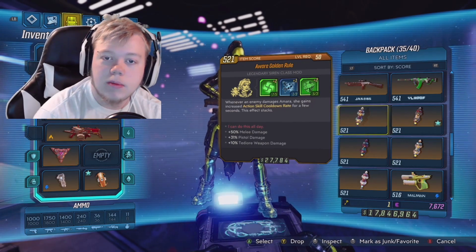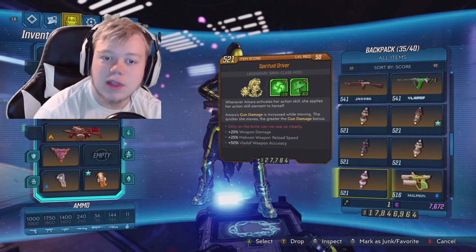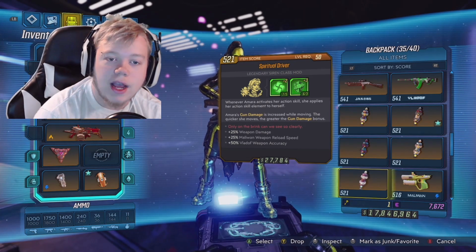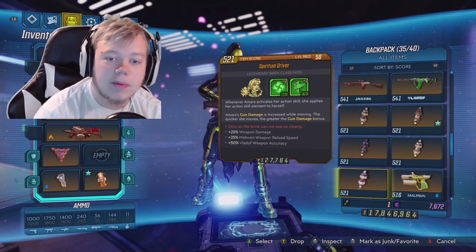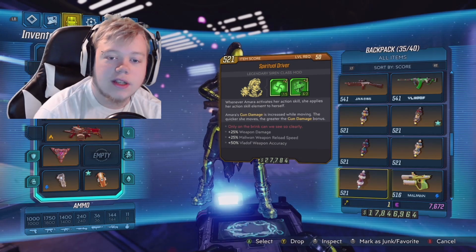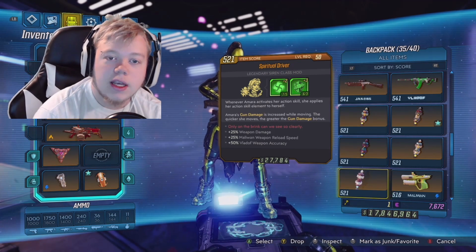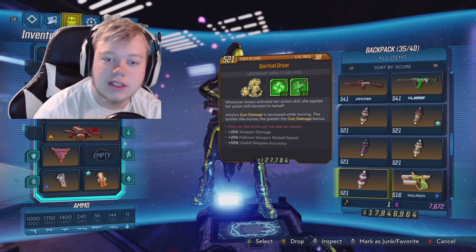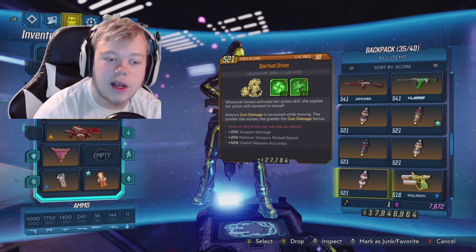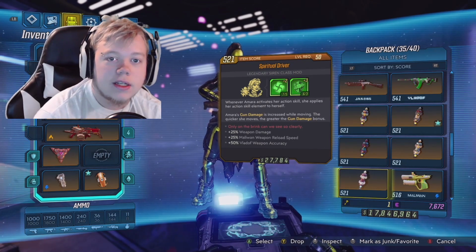Now, onto the Mayhem 4 exclusive is Amara's best class mod without a doubt, called the Spiritual Driver. Whenever Amara activates her action skill, she applies her action skill element to herself. Amara's gun damage is increased while moving. The quicker she moves, the greater the gun damage. This can stack up to deal a lot of damage, and when she applies the action skill to herself, it's going to make her mindfulness proc, and also make it so she can use Elemental Projector Artifact to deal more